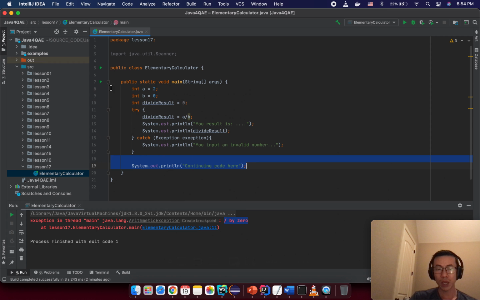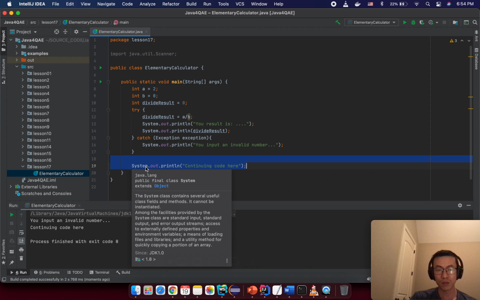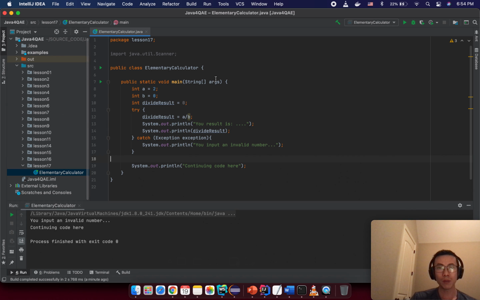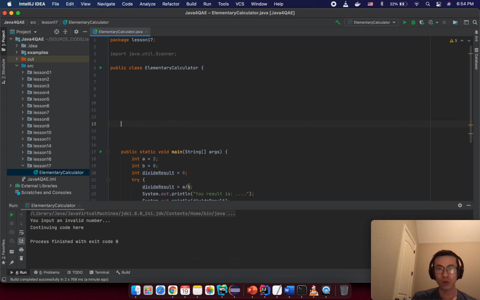If you run again, you still see this error, but you still see this statement. You see, you input an invalid number here. This is the catch block, and then we can see the continue here. So this is the way we use try catch to handle an exception. If you do something that may throw an exception, you need to use a try catch block. For example, if you create a new method inside the class,